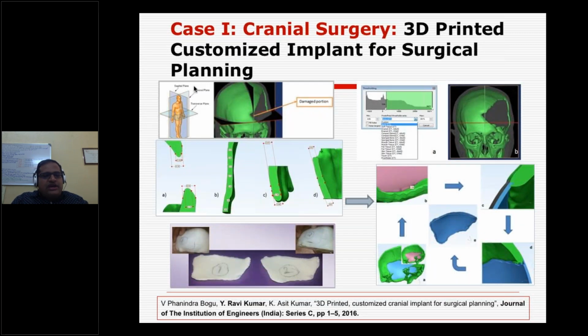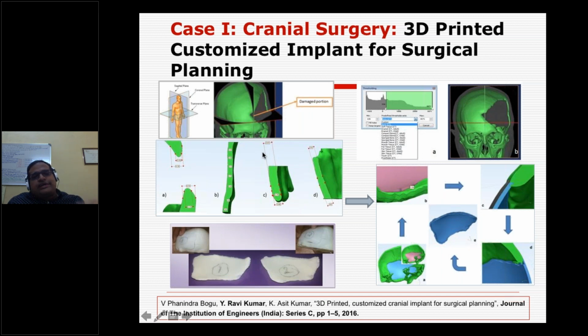So as usual, we have to start this process with software like Mimics, which we have used for this, but you now have open source software also, with almost the same capabilities. So you can even import your DICOM images. As we have already shown some demo also on this Mimics software.